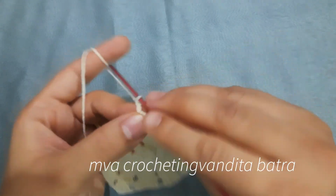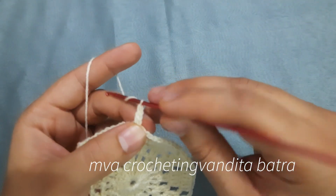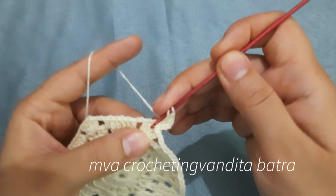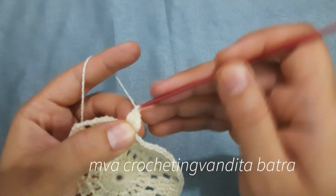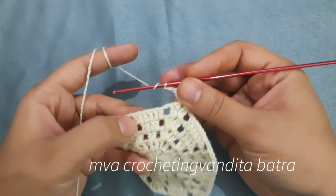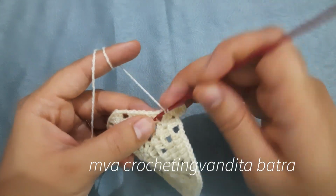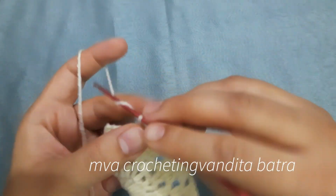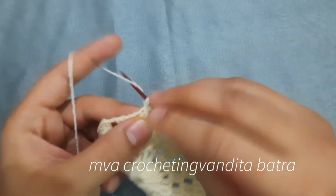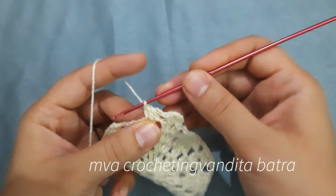Corner will be same, 3 chains, 1 double crochet, and now they are 2 double crochets, 1 chain, 2 more double crochets in the same space. 2 chains. Now increase 2 double crochets, 1 here and 1 here. They will total 8 double crochets. 1, 2, 3